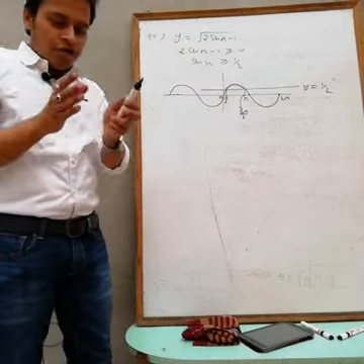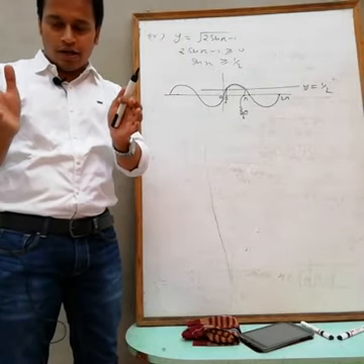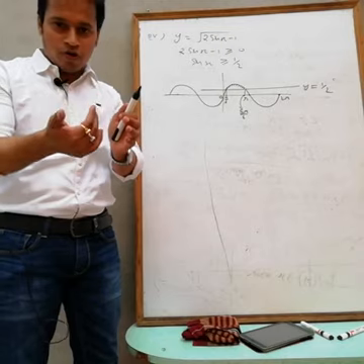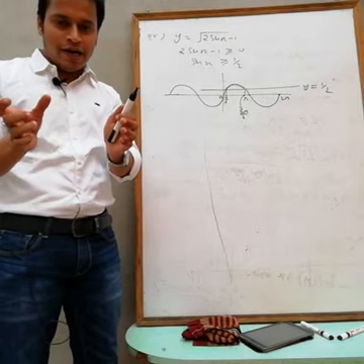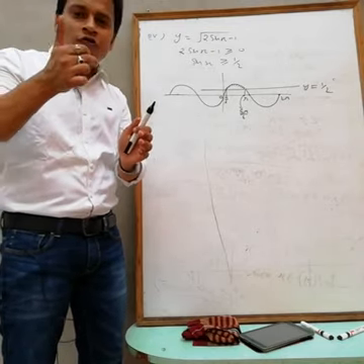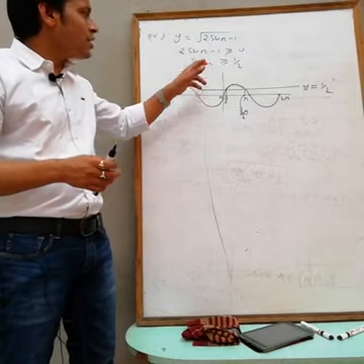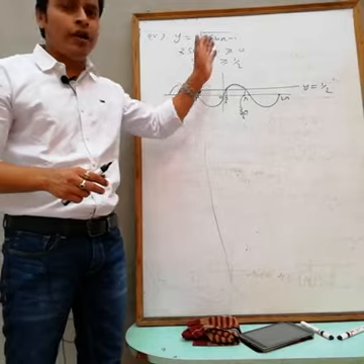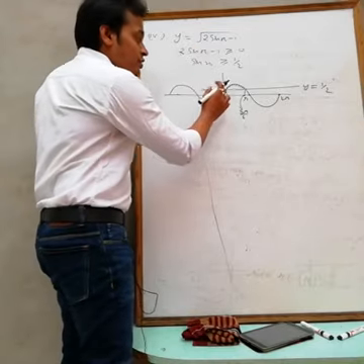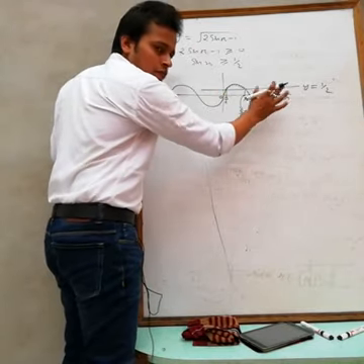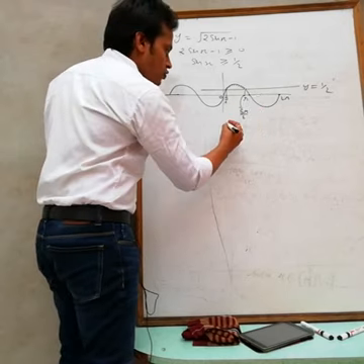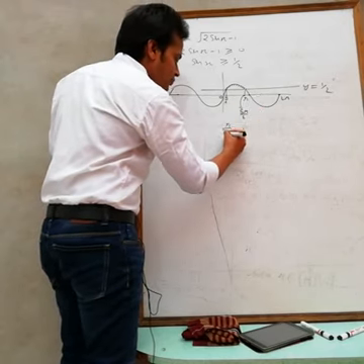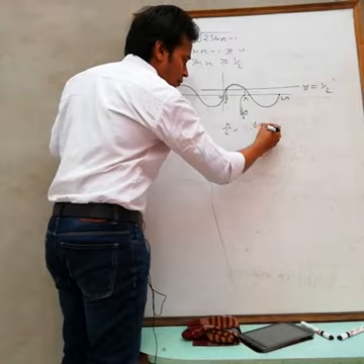If your interval of values of x is from 0 to 2 pi, only in that interval, then the answer is pi by 6 to 5 pi by 6. But at this time we want all values of x. So I have to take all intervals. So what to do? Just find it first for 0 to 2 pi, it means one 2 pi interval. So what we are getting? Pi by 6 to 5 pi by 6.